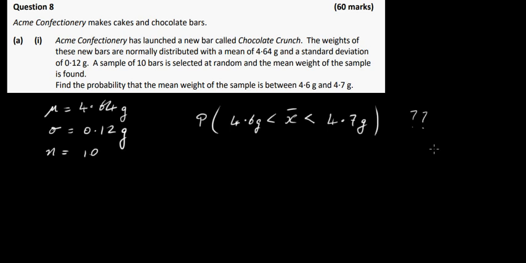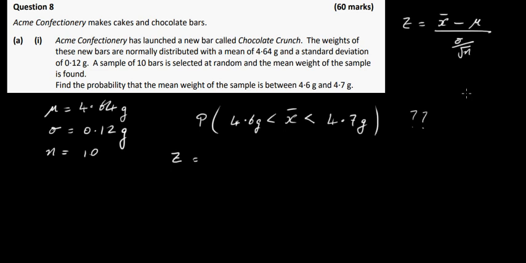Okay, so what we've got to do now is first of all convert these X bar values to Z values, and then look up the probabilities. So let's take 4.6 first. So we've got to work out the Z value for 4.6. Because this is a sample we're taking, your formula for Z is just going to be your X bar, your mean, minus your population mean, divided by the standard error of the mean, which is sigma